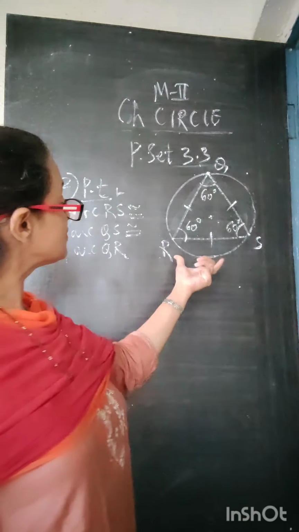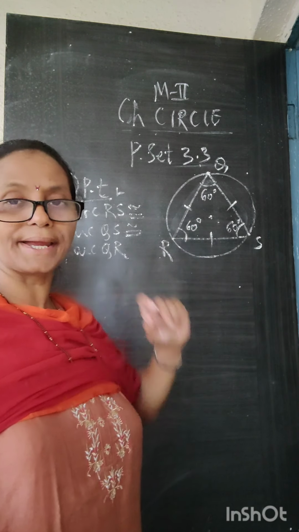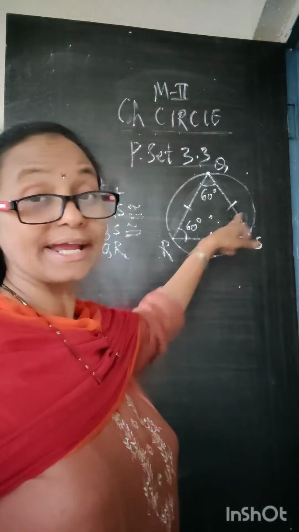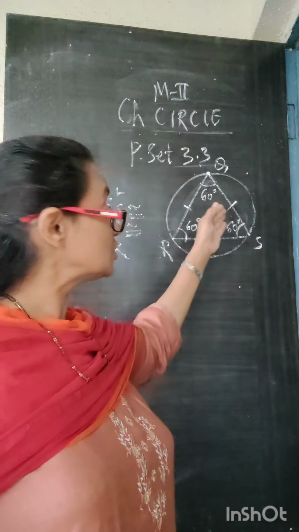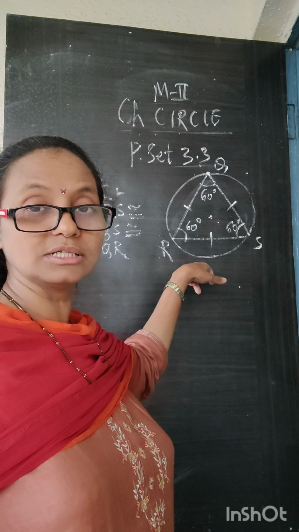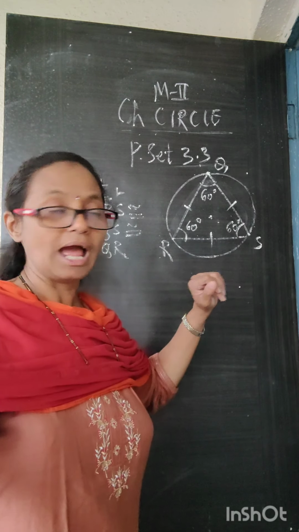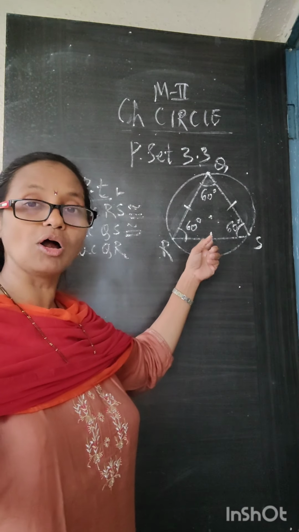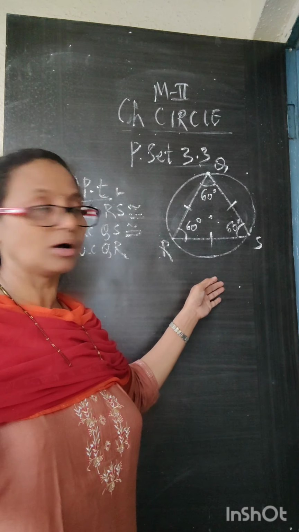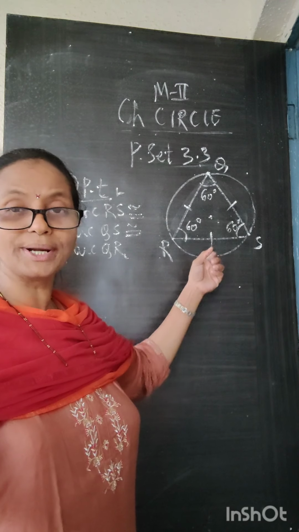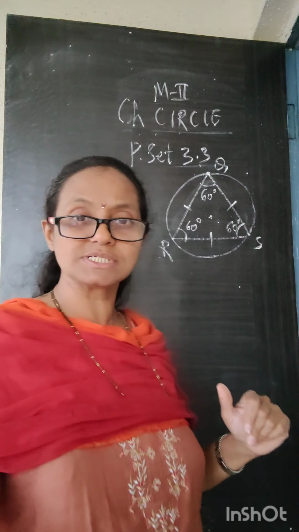These are the arcs corresponding to the chords of the circle, or the sides of the triangle. We have already said the sides of the triangle are congruent. So if the sides of the triangle are congruent, what are they in the circle? They are the chords of the circle. So the chords of the circle are congruent. And we have just proved that the corresponding arcs of congruent chords are also congruent. Therefore we get this first part proved by that theorem statement.